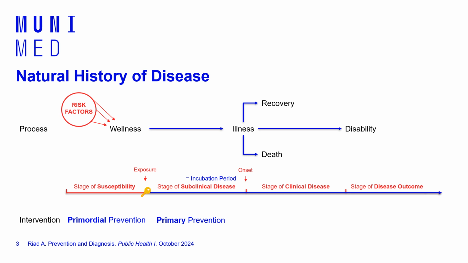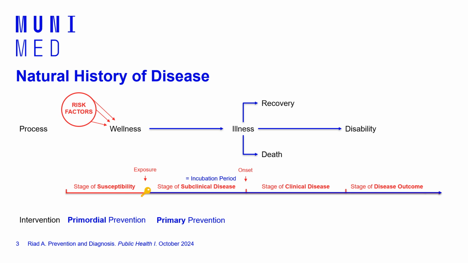But remember that primary prevention focuses on humans, and probably the other two levels of prevention, secondary and tertiary prevention, will also focus on humans. But you have to remember that primary prevention is the first level of prevention that focuses on humans, and it tries to prevent humans from getting infected or diseased and starting the subclinical disease.